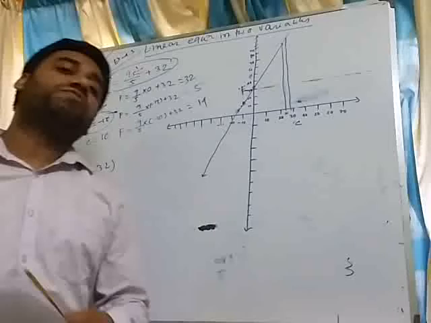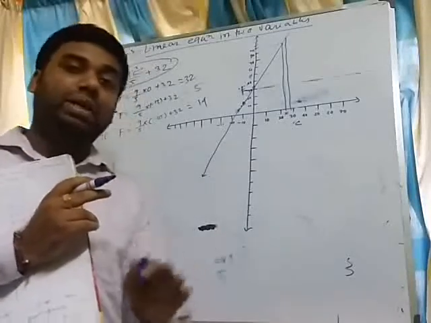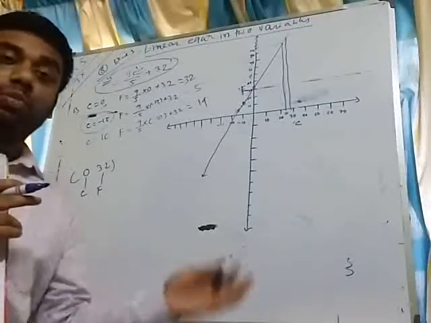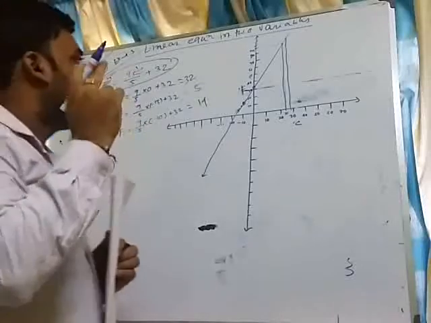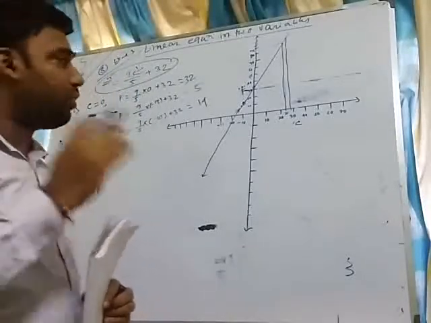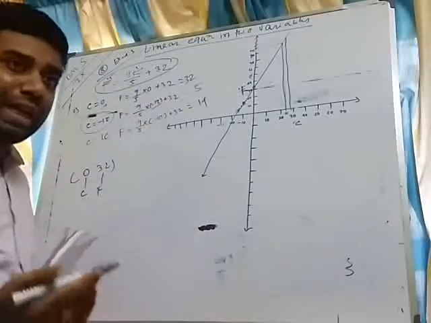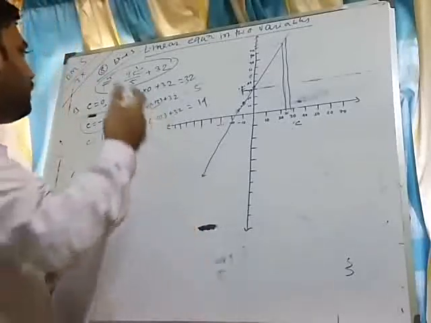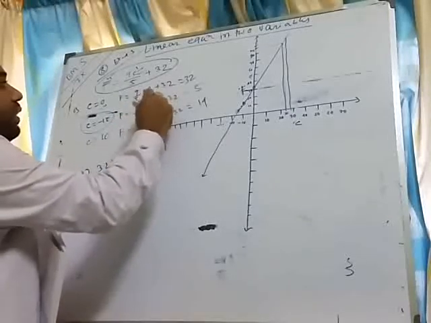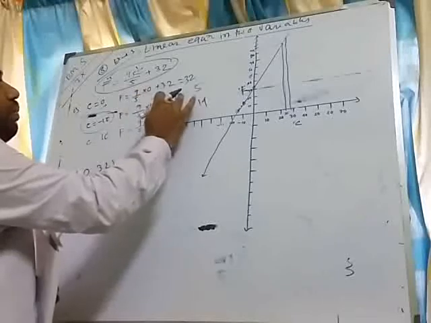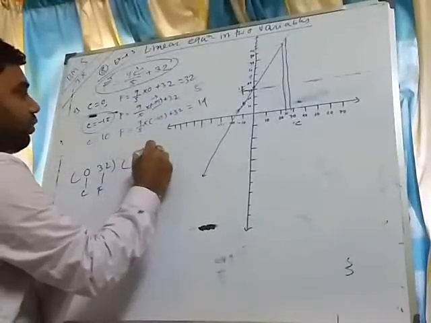In the previous video I told you that you have to put the value of x in such a way that you get an integer value of y. If you put any other number, you get a fraction, and you know that plotting a fraction on the graph is very difficult. That's why I put minus 15. Why minus 15? I know that the denominator is 5. If I put any multiple of 5, then the value of F will be an integer. So for minus 15, that is 9 times minus 3, minus 27 plus 32, that is 5. So the second pair is minus 15, 5.